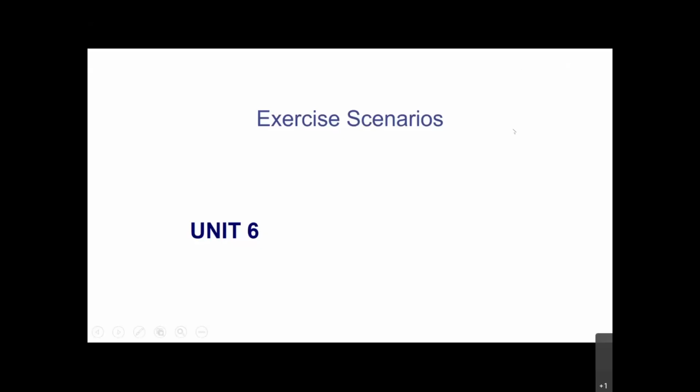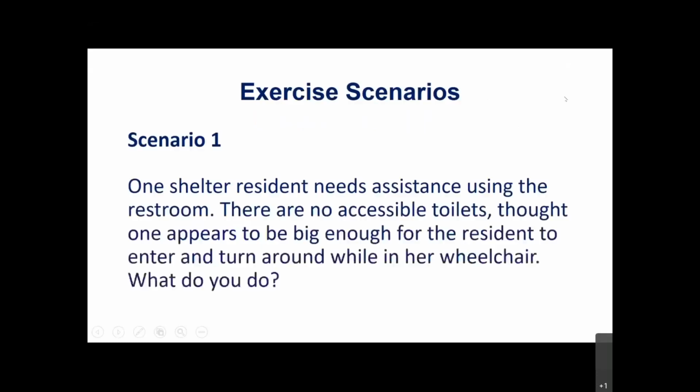Okay, well, good afternoon and welcome to Unit 6, Exercise Scenarios. We are going to go through a series of scenarios, and we're going to ask folks to respond with what you might think would be appropriate responses to each of the scenarios. So let's start with